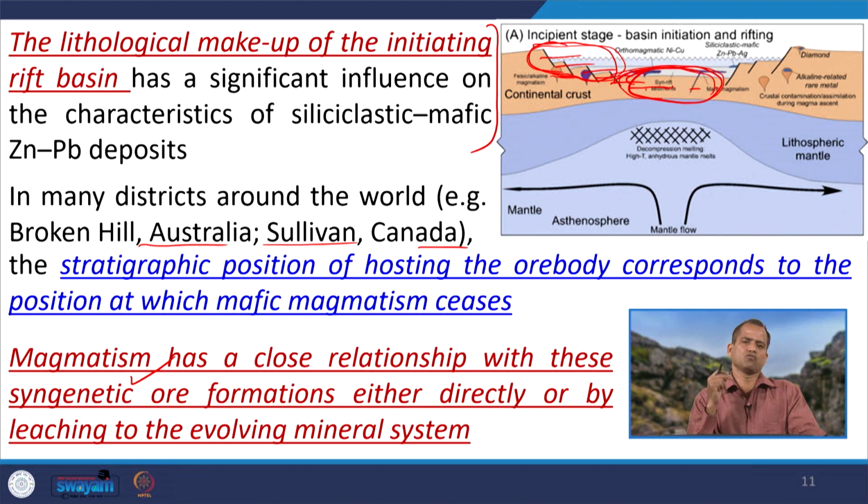So, magma has two effects. That is why the type of sediment or type of host rock with which the magma is interacting will also play a major role in which type of mineral will occur related to a particular phase of magmatism. So, the magma composition as well as the sediment host, or this host rock may not be sediment, the host rock will define which type of mineral we are expecting at which stage.